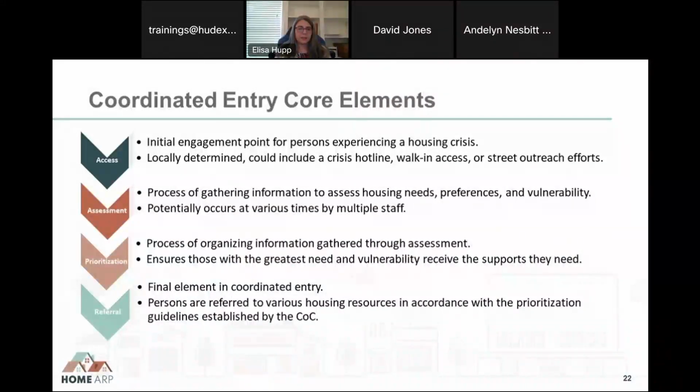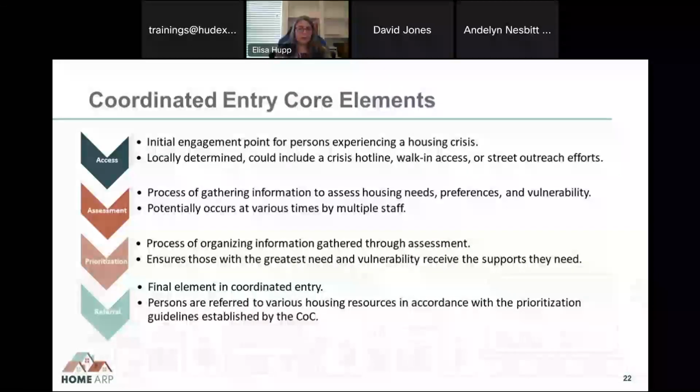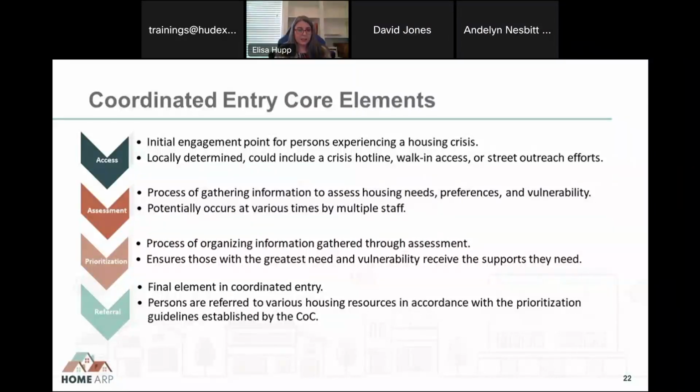Coordinated entry has specific core elements. This slide specifically references the standard coordinated entry requirements and core elements that PJs really want to take time to understand in order to make an informed decision in partnership with your COC or COCs, depending on the geography you're in, about whether standard coordinated entry should become HOME-ARP expanded coordinated entry to be used as a referral and assessment system for your non-congregate shelter projects. So the core elements of a COC standard coordinated entry system include access, assessment,